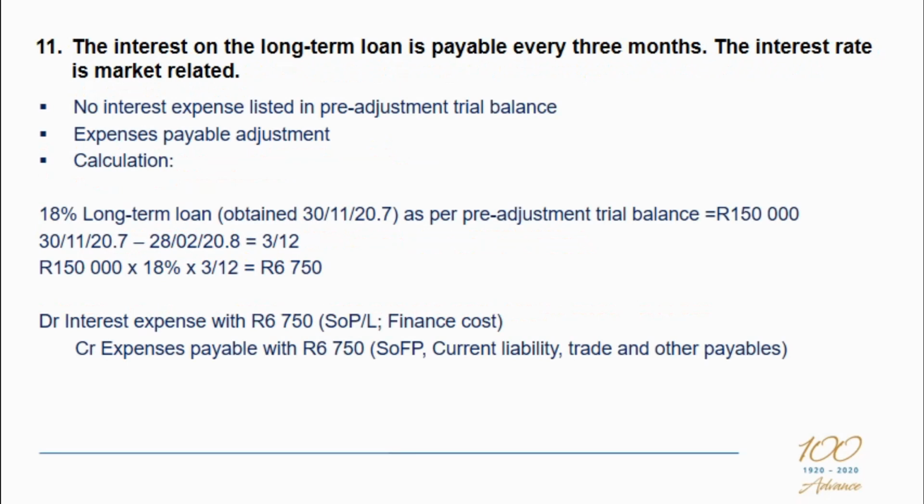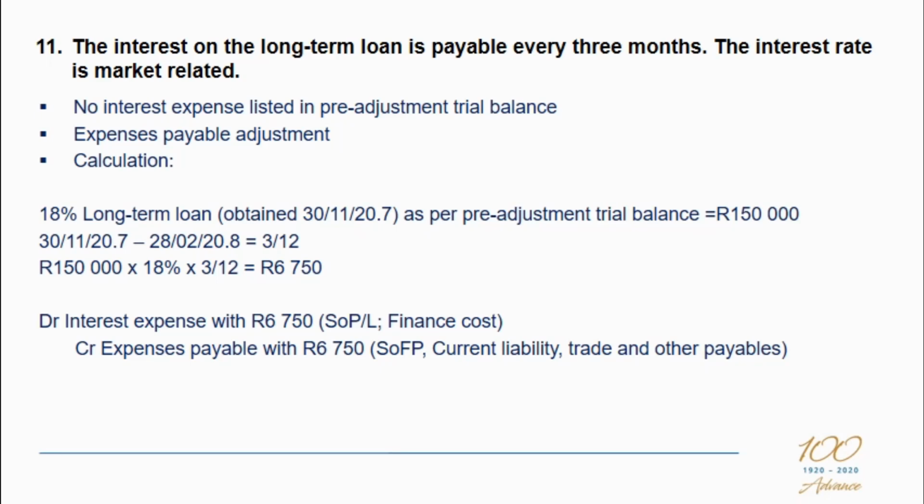The interest on the long-term loan is payable every 3 months. The interest rate is market related, the last additional information bit. No interest expense was actually recorded. There's nothing appearing in the pre-adjustment trial balance. So we need to have an expense that is still payable. We did incur the expense. As soon as we have a loan, we have a shadow that's following that loan, and that shadow is called interest